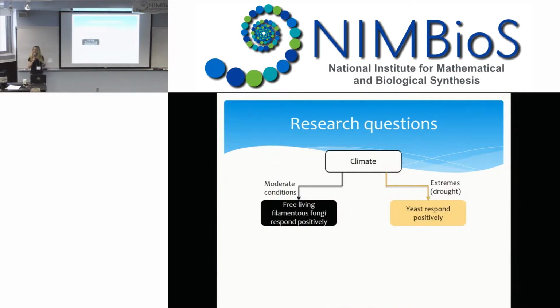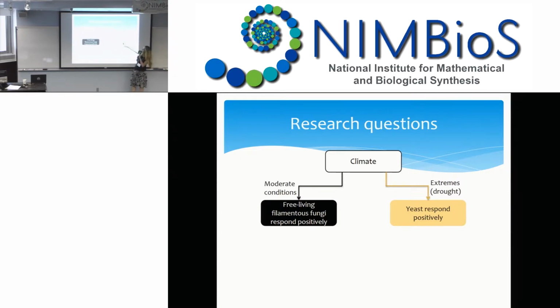One of the reasons that I'm interested in this, of course, is because of these feedbacks to CO2 that we might see happening. I'm really interested in climate change. Climate change has different effects in different regions, but often it produces more extreme conditions. For example, in the Southwest where I'm working, we might expect drought to be more common. In other areas, we might find more heat waves, more extreme temperatures. So in many areas, climate may become more extreme due to climate change.